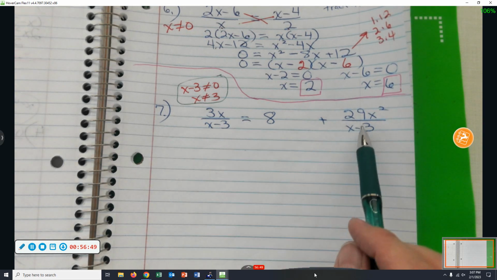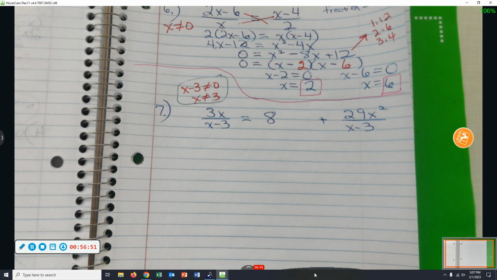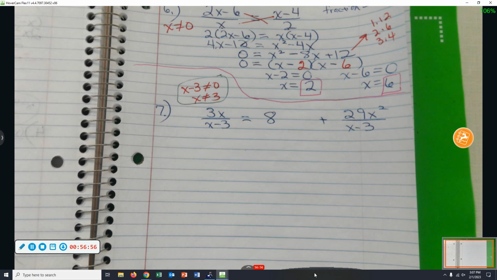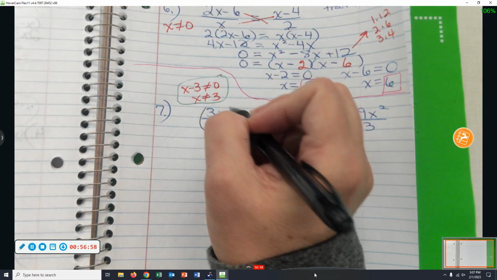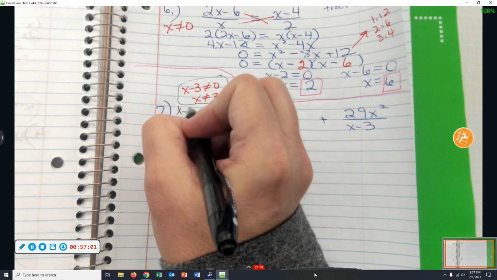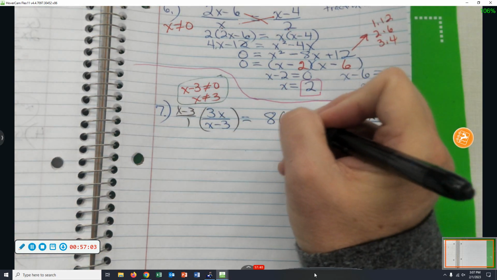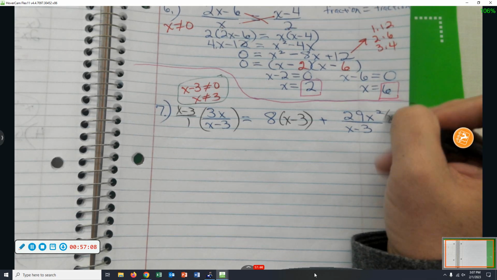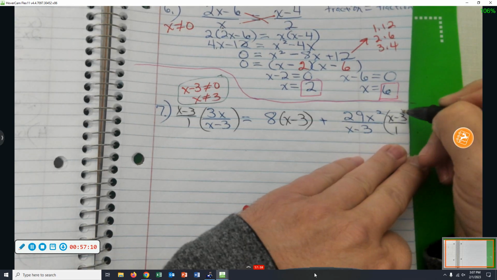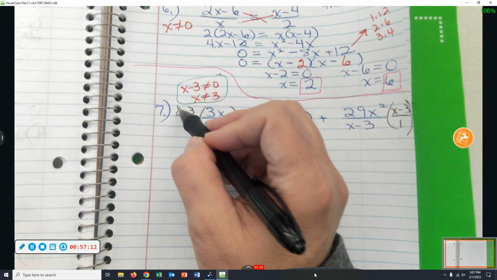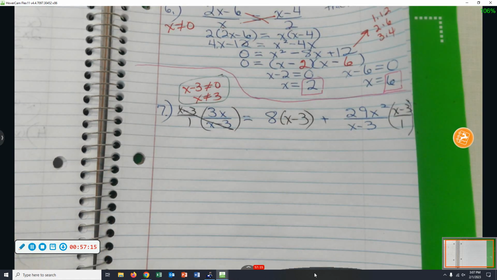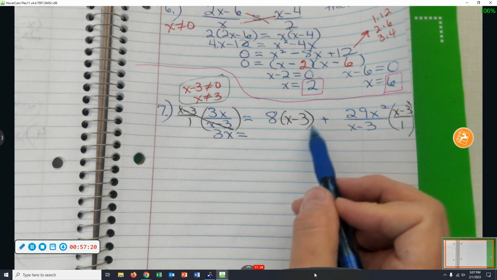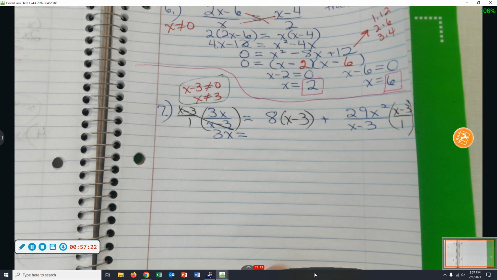And we have the same denominator, so what are we going to be multiplying through by? Just x minus 3, that denominator, x minus 3. So x minus 3 over 1, x minus 3, x minus 3 over 1. Cancel this down. Cancel. What have we got on the left side? Just 3x equals, here, there's no fraction to cancel. What are we going to have to do